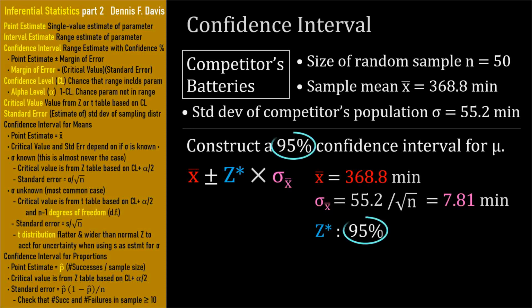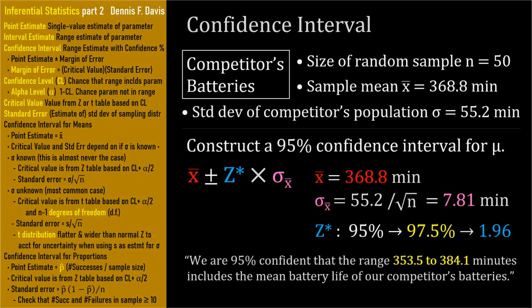But if not, 95% is in the middle, plus 2.5% in a tail equals 97.5%. Look up 0.975 in a normal table, and we get 1.96. I'm skipping the arithmetic to focus on inferential statistics concepts, but we get 353.5 to 384.1 minutes. So, we are 95% confident that the range 353.5 minutes to 384.1 minutes includes the mean battery life of our